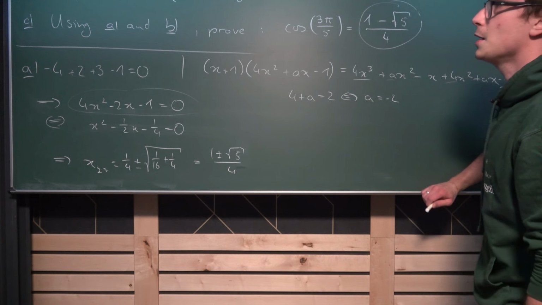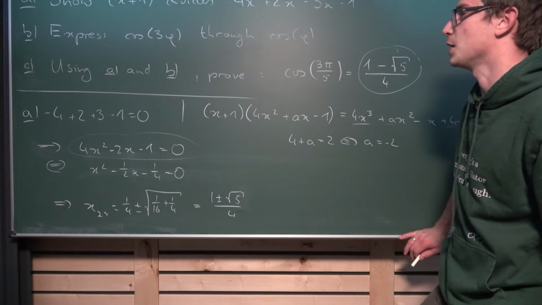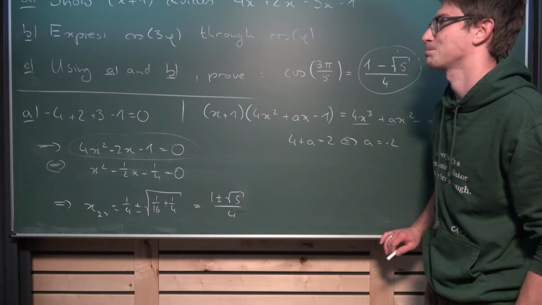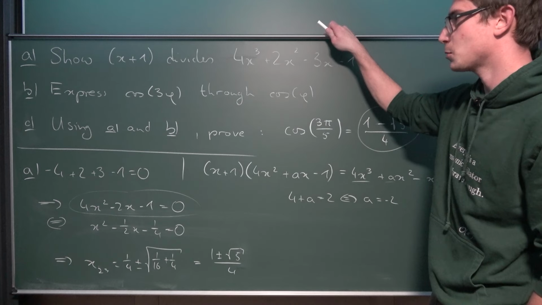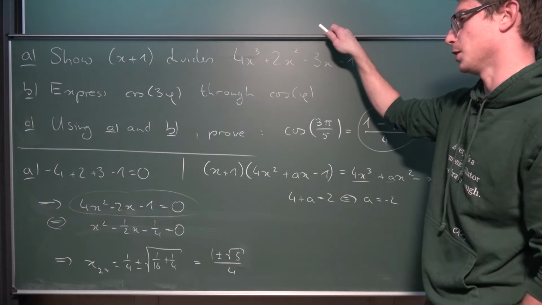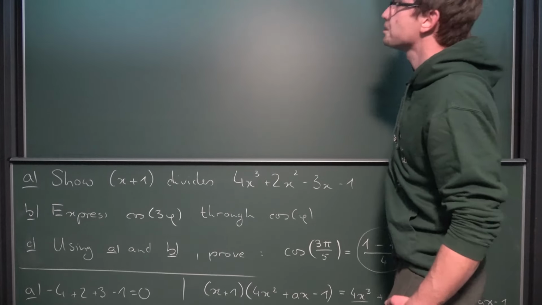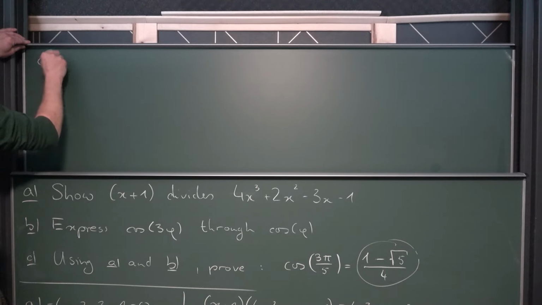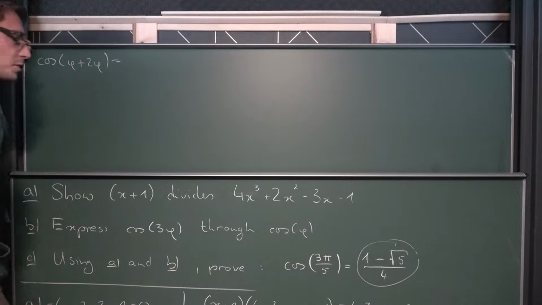Okay. Now next up, express cosine of 3 phi through cosine of phi. Triple angle formula. I have no idea. But we could use the addition formula at first, because 3 phi is the same as phi plus 2 phi. So let's go ahead and get started here. So cosine of phi plus 2 phi is going to be